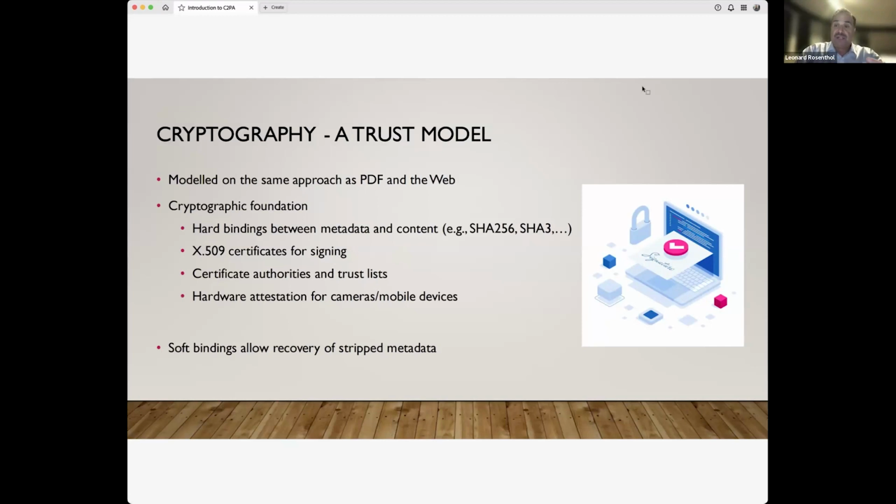And as you heard, that cryptographic foundation is based not only on those certificates, but also on those trust lists. The C2PA has a trust list, and we're actually in the process of continuing to establish it. The rules that we're establishing are also going to help guide the IPTC and its new trust list and those of others. We also have established rules for what's called hardware attestation. This enables hardware devices such as cameras that incorporate C2PA natively to also declare that they are doing it in a trusted environment.